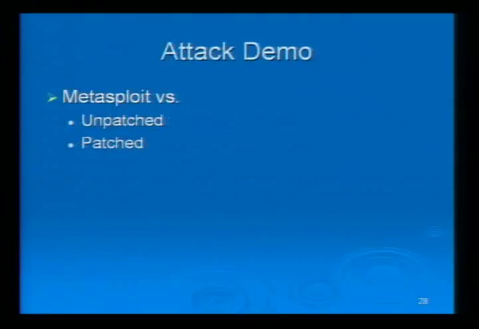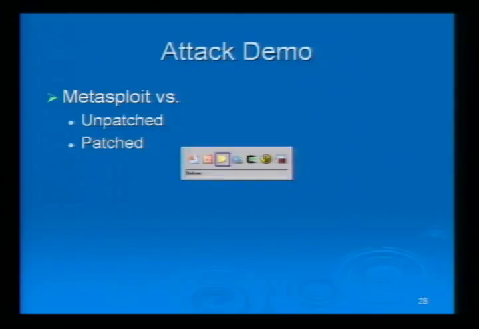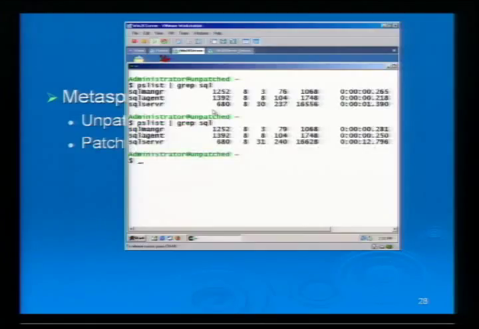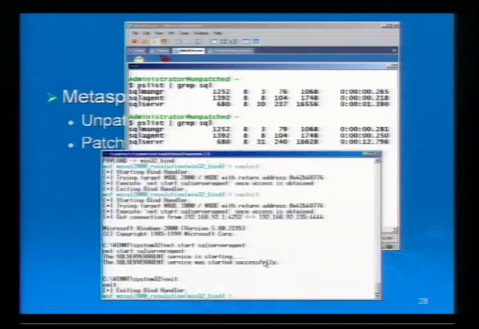Now, not wanting to unleash Slammer on myself, Metasploit has an exploit for this vulnerability. And here's a VMware image. We'll see if this will all work out for me. You can see I've got SQL Server running on here. And we'll come out to the Metasploit console, and the box that we're looking at, as you can see, is unpatched. Trust me. I've got the Metasploit exploit all set up to go, which only takes seeing the keys to type. Okay, so it's all set up to go against that particular target, I hope,